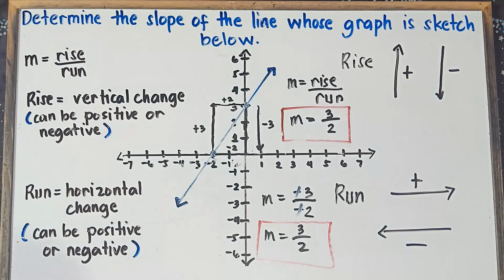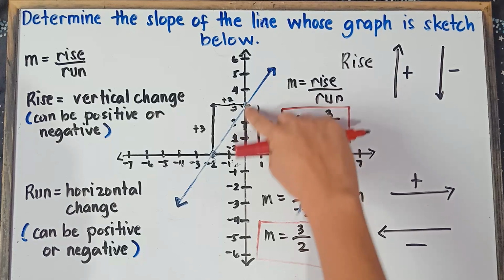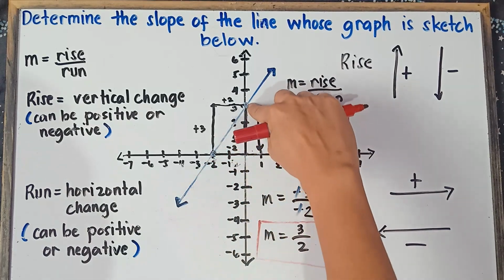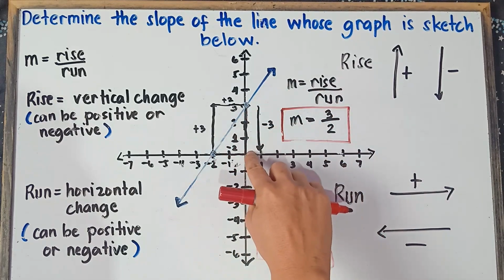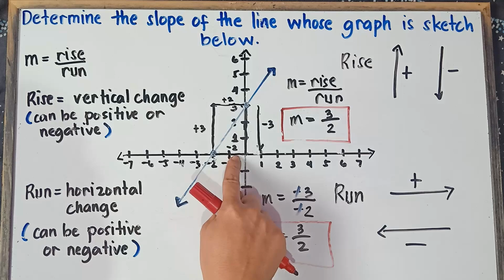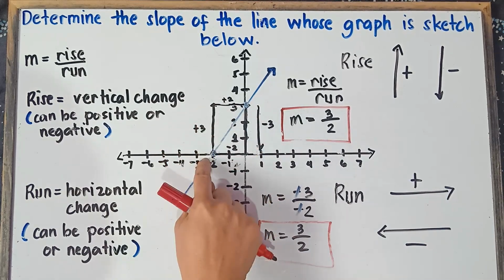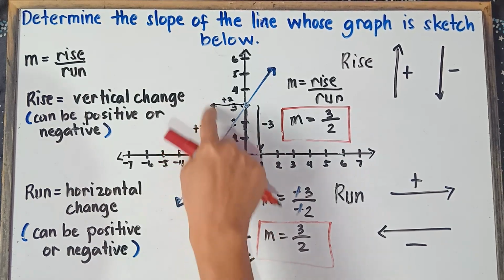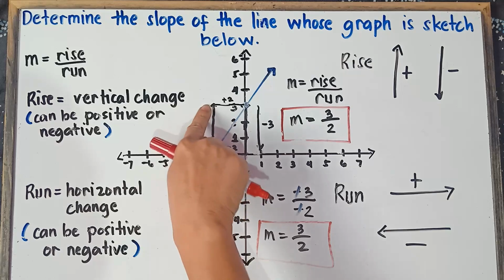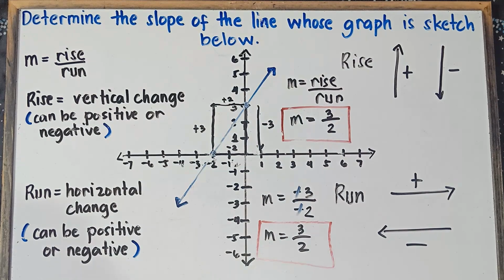So it's up to you, class, which do you prefer. You can start with this point, going to this point, or this point, going to this point. If you start at this point, you're going to fall 3 times. Your rise would be negative 3, going to the left would be negative 2. If you start at this point, you will rise 3 times, that would be positive 3 because that is going upward, and going to the right would be positive 2. That's all set. That's the answer with regards to this given example.